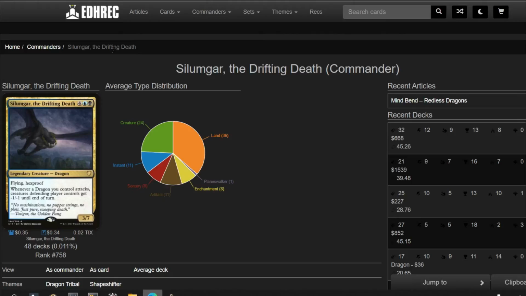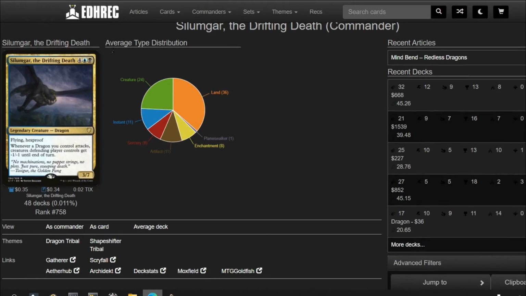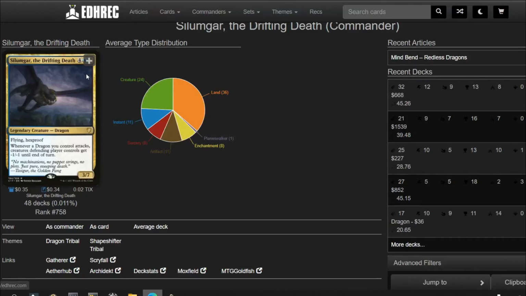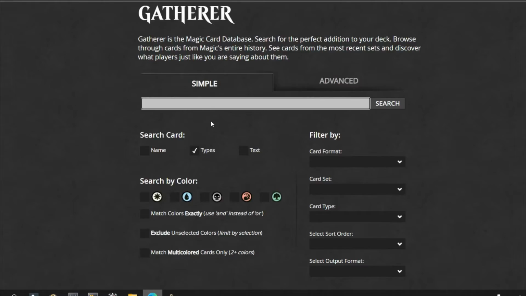So, what does this mean? Well, what this means, and I'm already formulating a plan in my head here, is that we are not going to go with that strategy. We're not going to go with Dragon Tribal. I don't really like tribal decks, period. We'll have a few. Great. What we are going to do, however, is go with a...